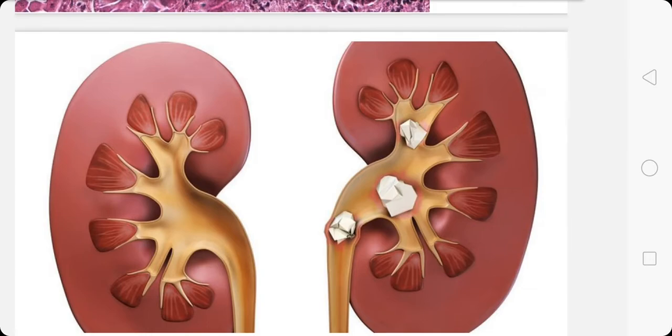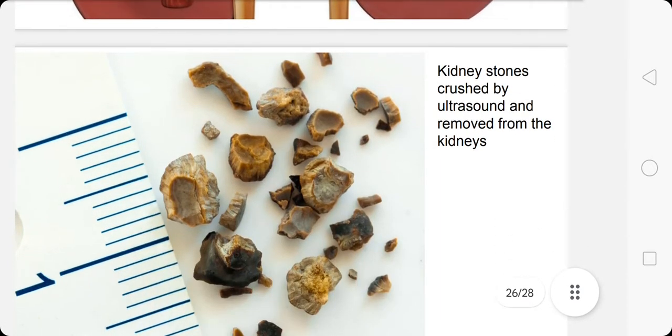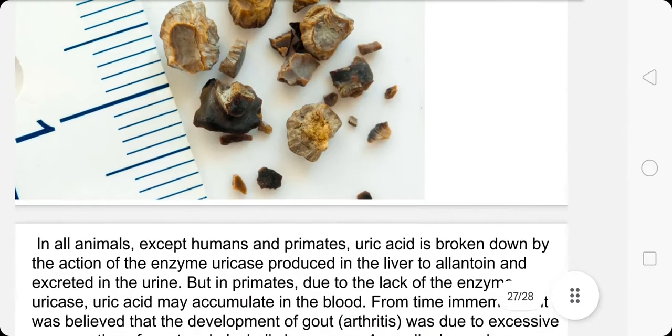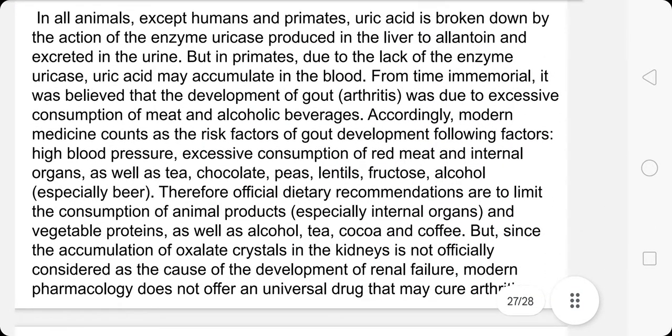Many people suffer from this, and again, without any idea of what is causing the problem. These are some examples of kidney stones which are crushed by ultrasonic radiation and removed from the kidney. So it's again good business, but actually the reason why they appear is because of a diet full of plant food. In all animals except humans and primates, uric acid is broken down by the action of